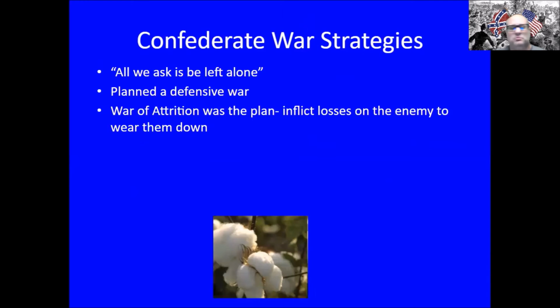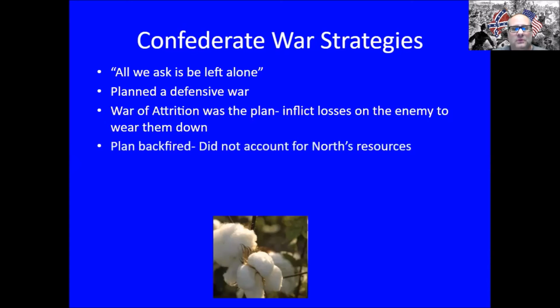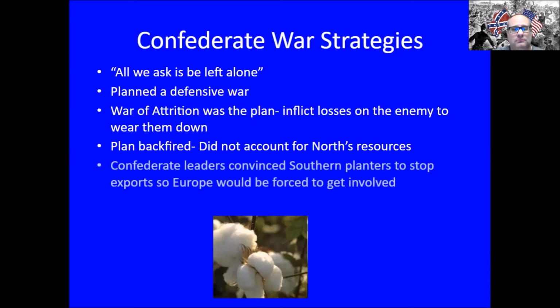In Great Britain, people got weary of war. Why are we fighting all the way over there? Who cares? Let those American people have what they want. Leave us out of it. Tired of dying over here. The American Revolution lasted 8 years or so, and the Southerners said, hey, let's just wear them out. Make them not want to fight us anymore. It backfired because the North's resources were so much more superior to the South's.